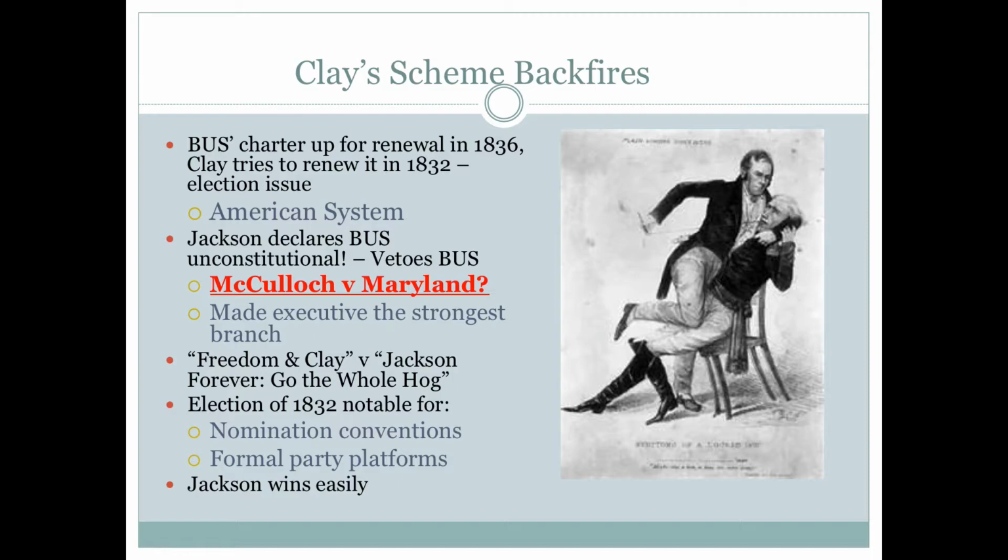Now, on Tuesday, we're going to go over that veto in class. So you need to have this background information so you know what was going on, and we'll talk about this in more detail in class on Tuesday. But basically, by vetoing this, Clay thinks he now has a way to beat Jackson in this election. He goes out of his way to print that veto in various newspapers, trying to show Americans that your president lacks any intelligence when it comes to the economy. Henry Clay: I understand the economy so much better.